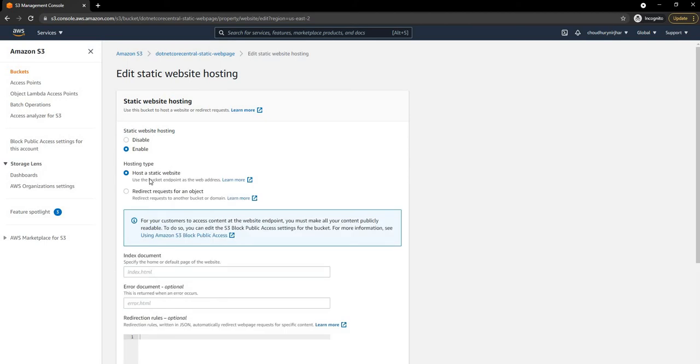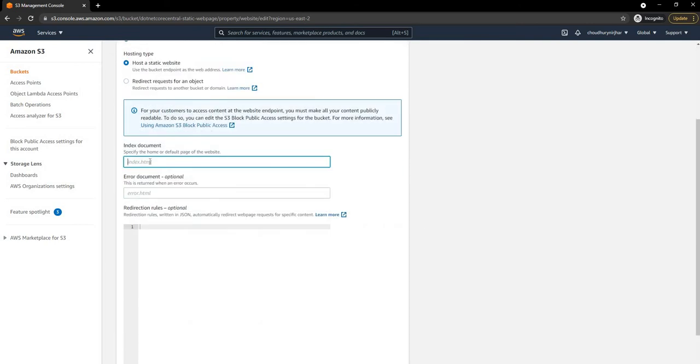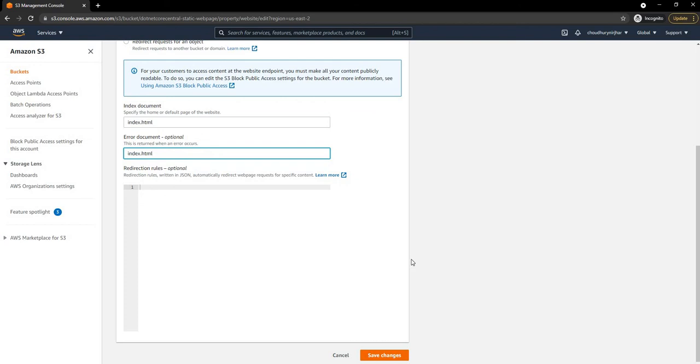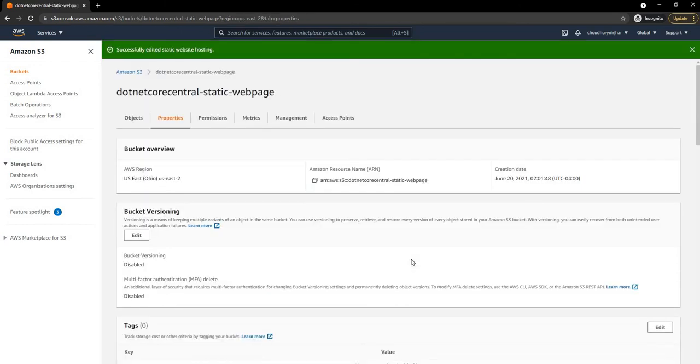Once I enable it, I can see that I can host a static website, and for the index document I'm going to give index.html, and the same for the error document. And you will probably use the same thing when you do a single page application, because a single page application has only a single HTML, which is essentially index.html. I'm going to go and save changes.